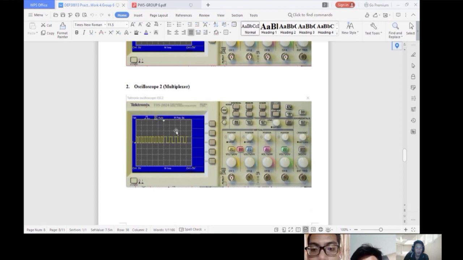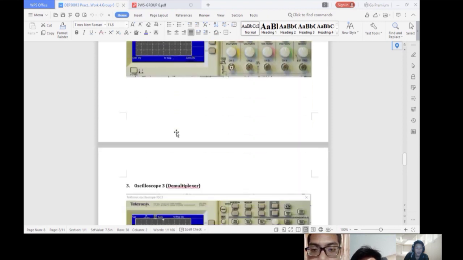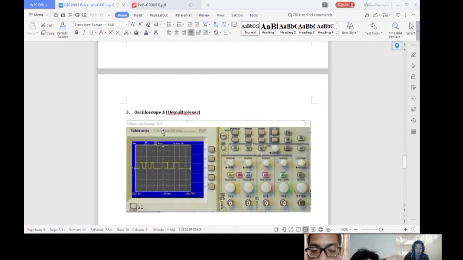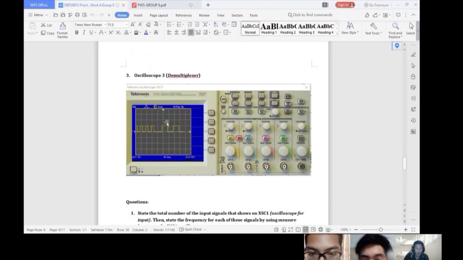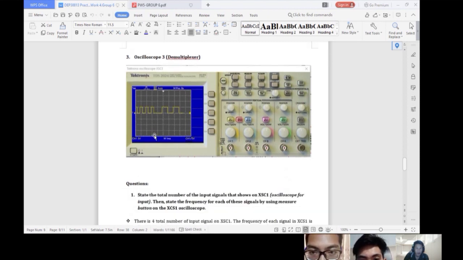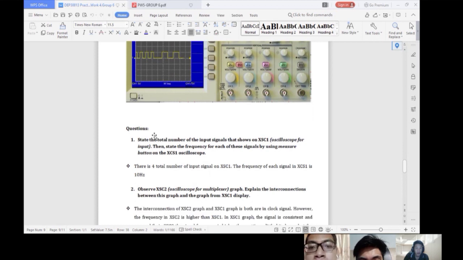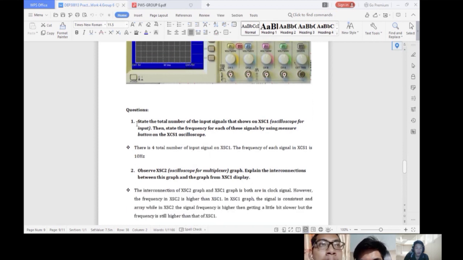The waveform is this. So the third one is oscilloscope 3 demultiplexer. This is the resulting waveform.